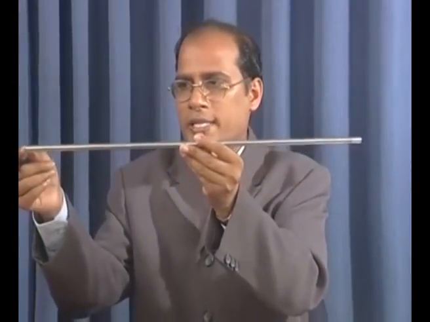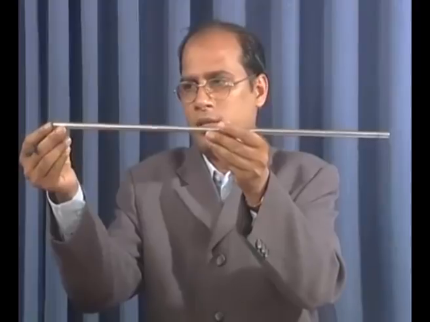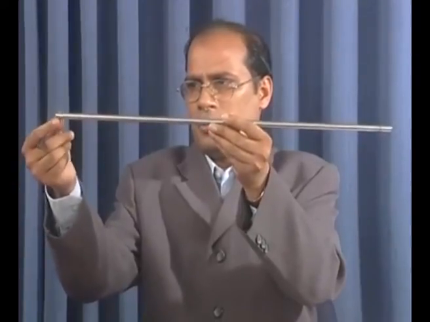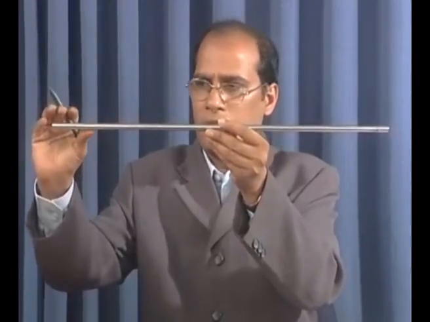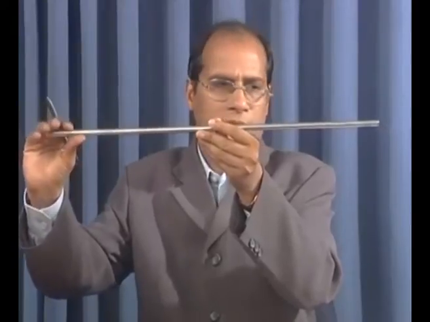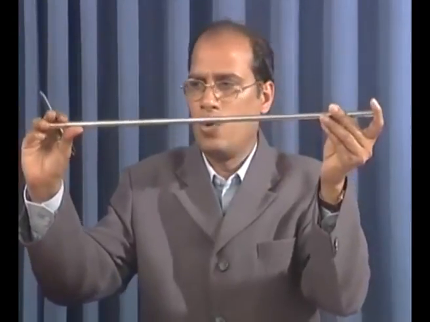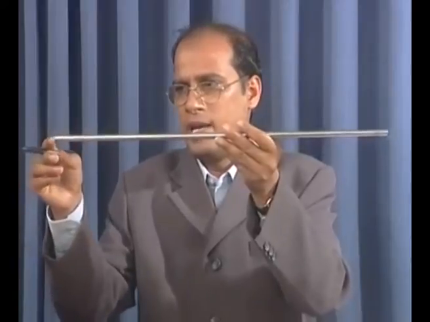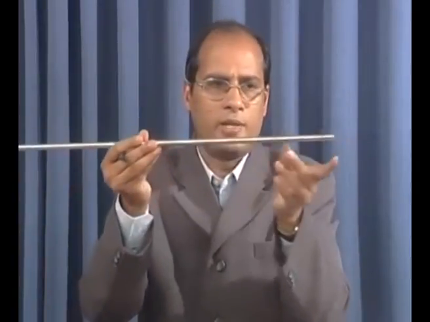As both ends are free, both ends will be subjected to some deflection, or there will be vibration at both the ends, and there may be slopes also at the ends, but the bending moment and shear force at both the ends will be 0.